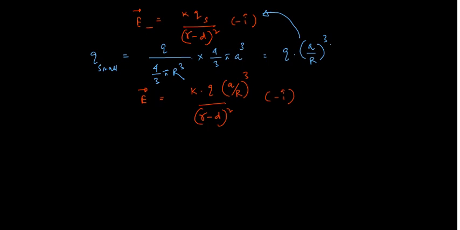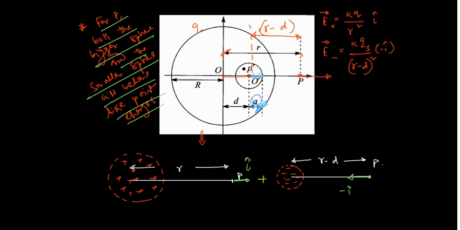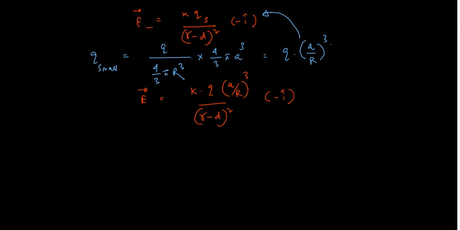So now when I superimpose them, I will get the electric field. Basically, which one do I need? I need the electric field due to this. This is the entire one, and from there, I have removed one cavity here. Right? So I need the field due to this portion, right?